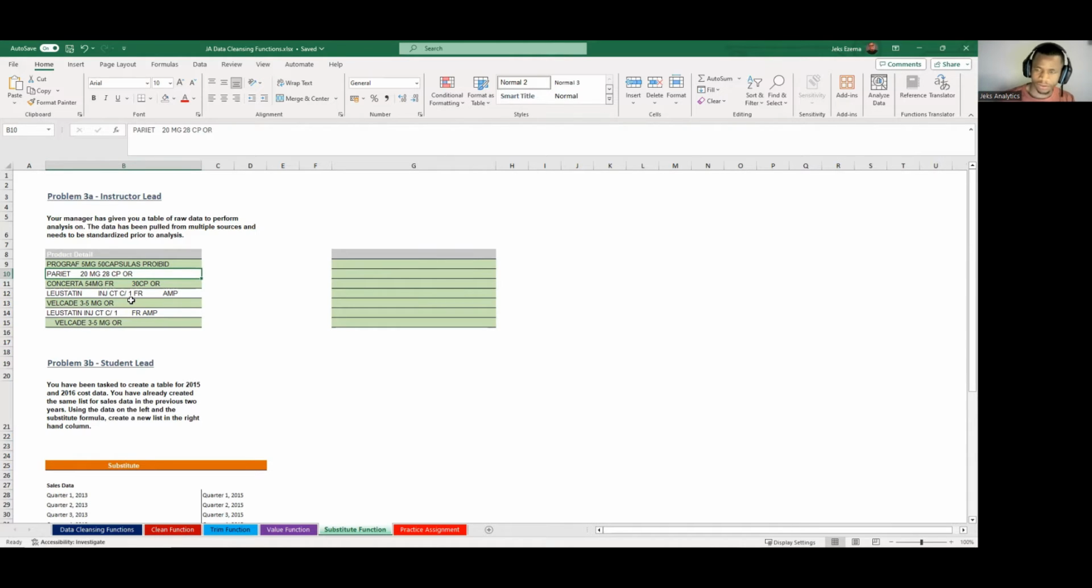So if you have an Excel that is unclean, remember, let us first of all read the task. The task is if your manager has given you a table, and the data has been pulled from the system and needs to be standardized. So what we have to do here is make this make sense. How should it make sense to us? So this is